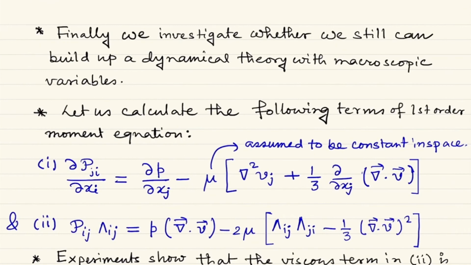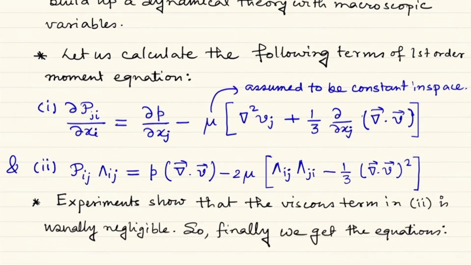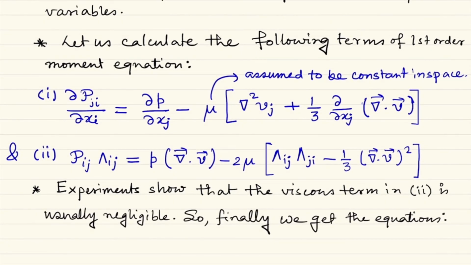So finally our objective was to search whether we can still build up a dynamical theory for macroscopic variables for real fluids or not. Now for that, let us calculate the following terms of the first order moment equation, the del p ji